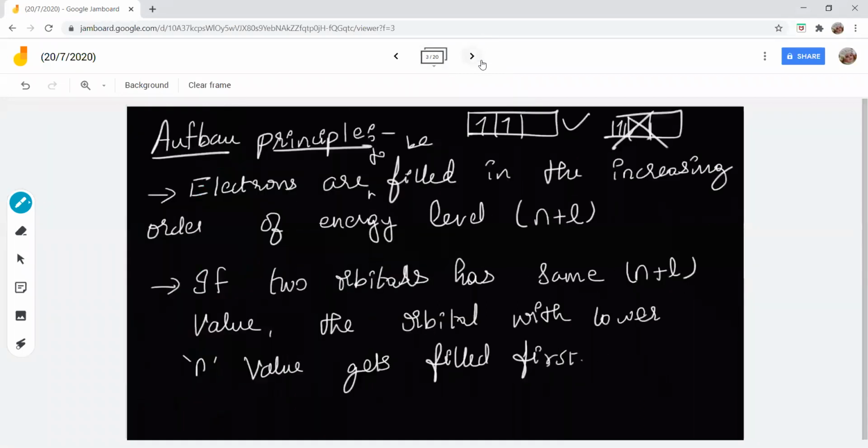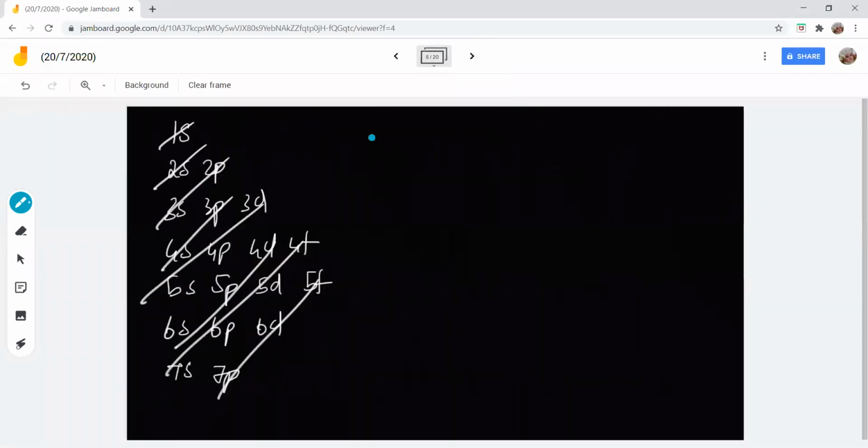Now we are just going to see how to fill electrons. Let me take an example of an element called sodium. Its atomic number is 11, so it will have 11 electrons, right? Now, first, which orbital will get filled? 1s. How do you represent 1s? With 1 box. Correct? So in 1s, I'll fill 2 electrons. Out of 11, 2 electrons are filled in 1s.